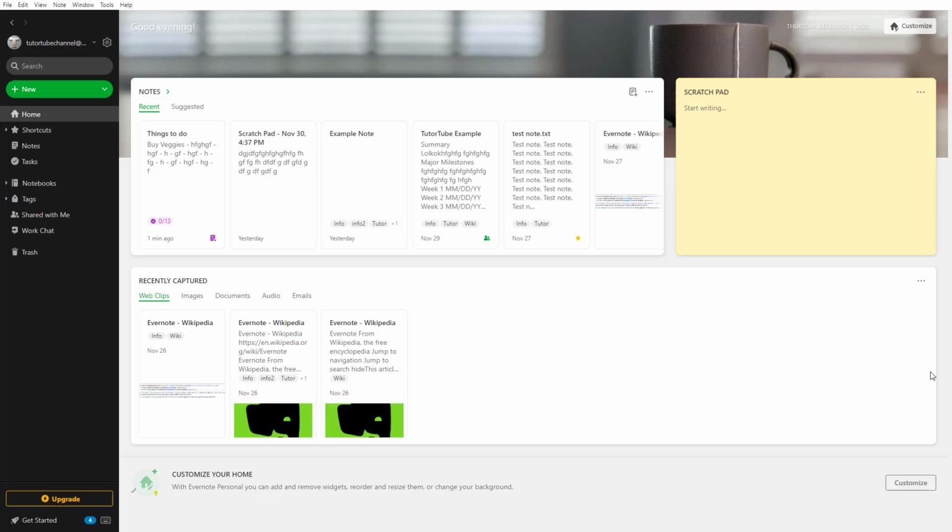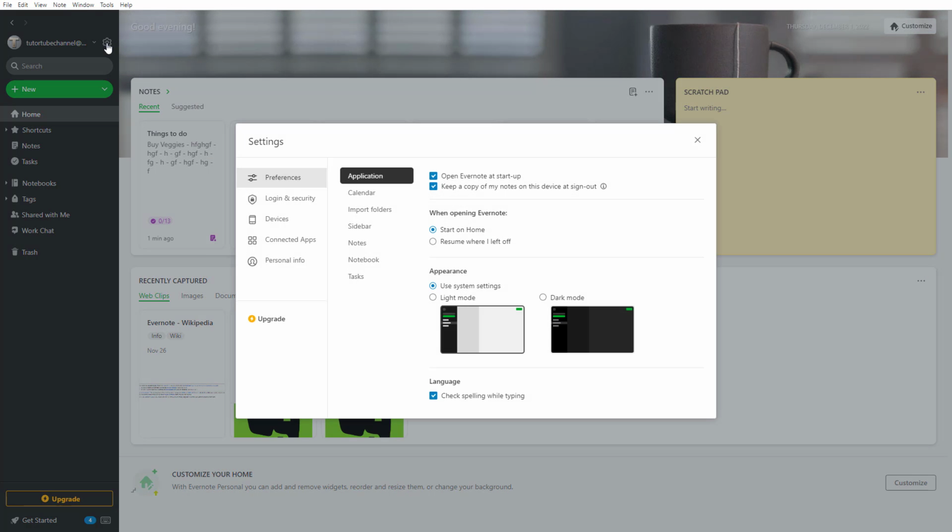Right now, the Evernote interface looks a certain way and behaves a certain way as well. If you want to change how Evernote behaves and how it looks, you can go to the gear icon right here, click on it, and then go into Preferences. So here in Preferences, you can see that I can let Evernote